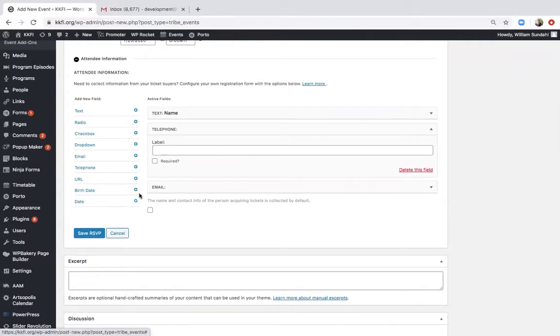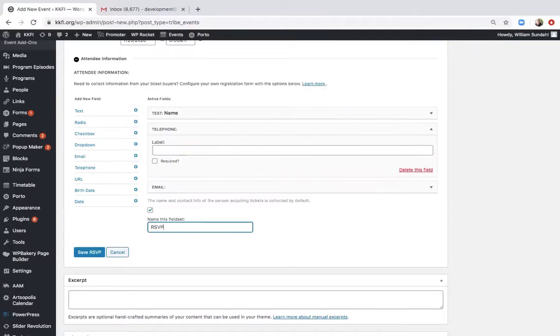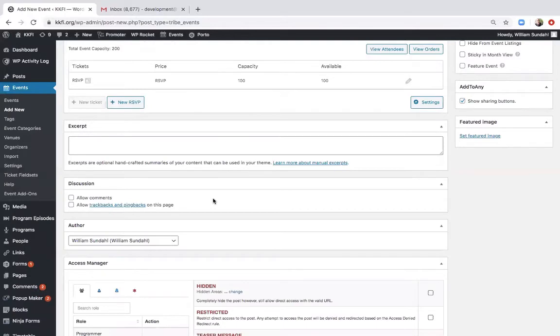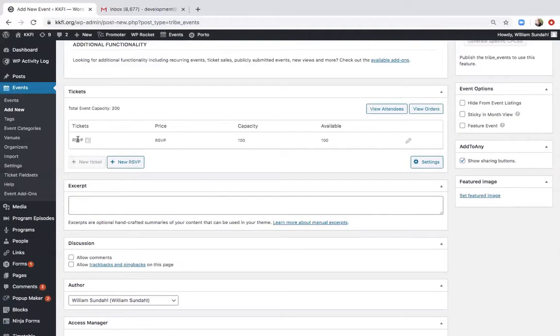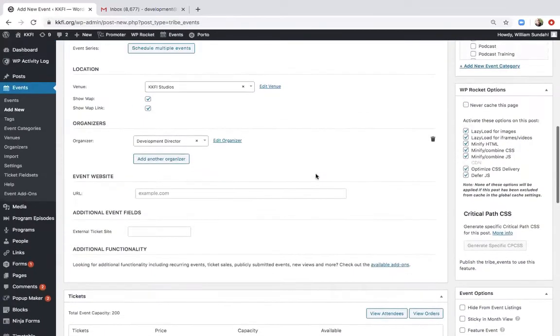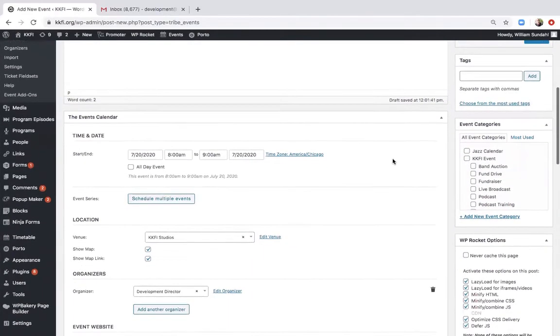And then we don't care, the date will be captured anyway. So you can do some other things, but we're going to name this RSVP. Save. All right, so now we have RSVP, the price, it's free, there's 100 available, capacity, etc. So now we've got our event created, we know when it is, we know where it is, and we know